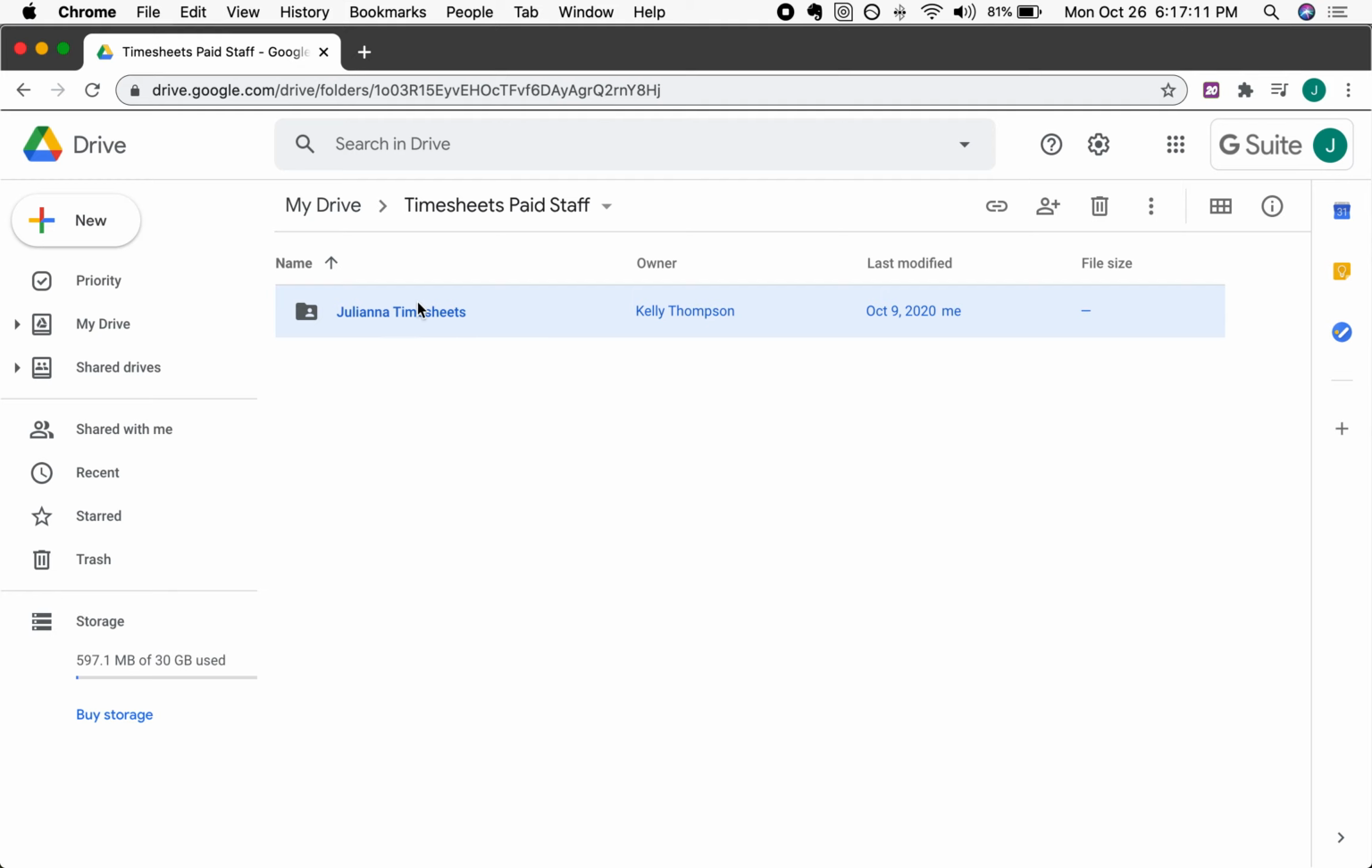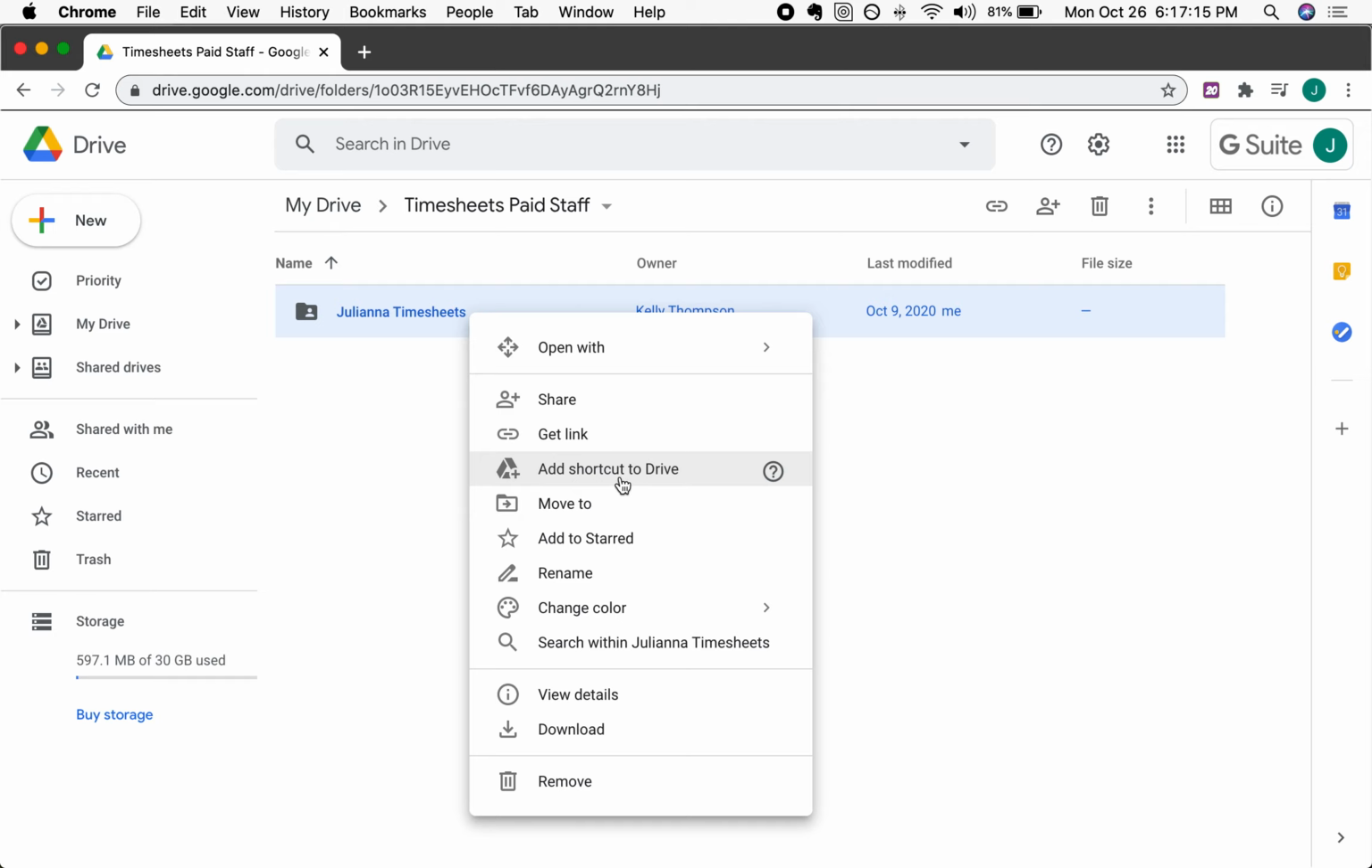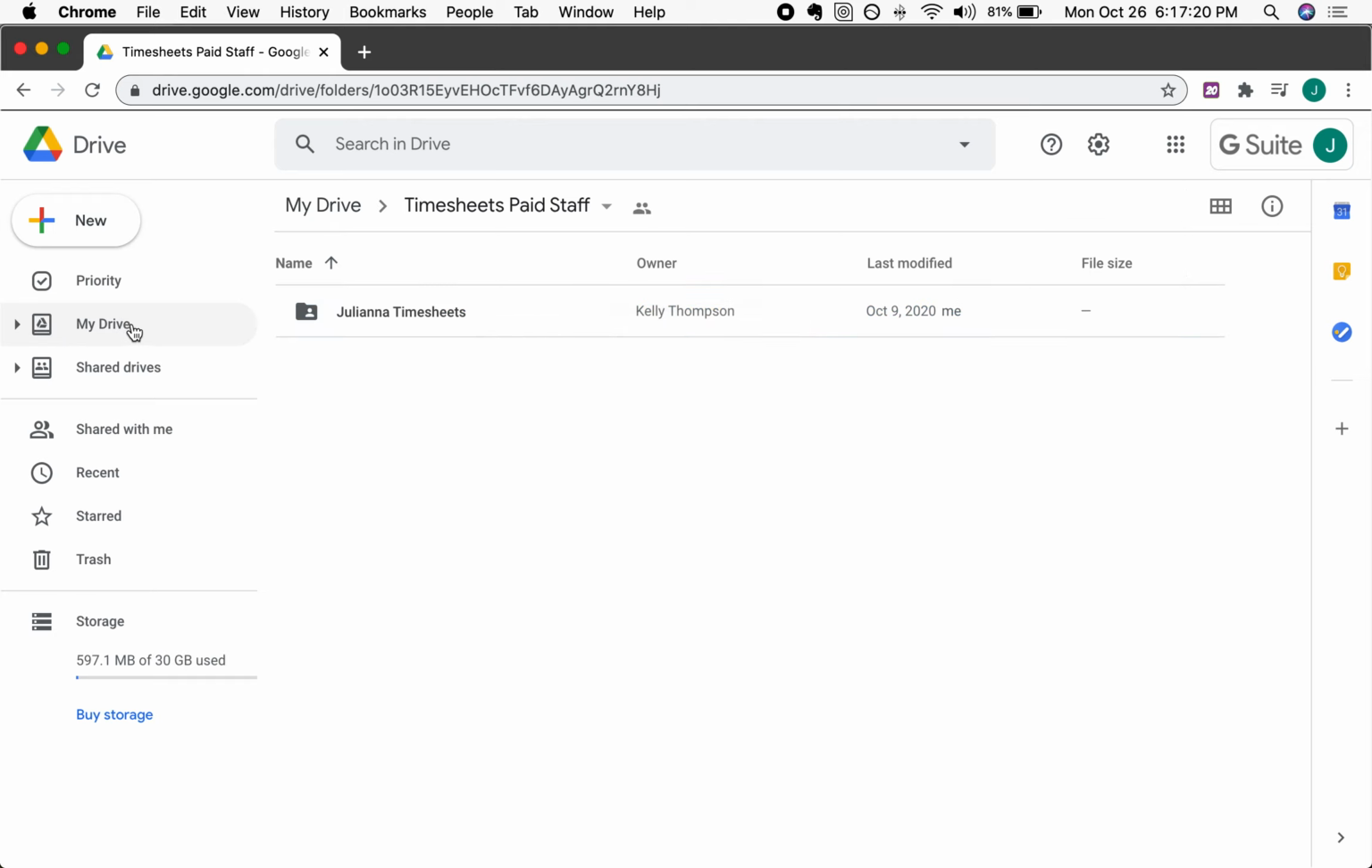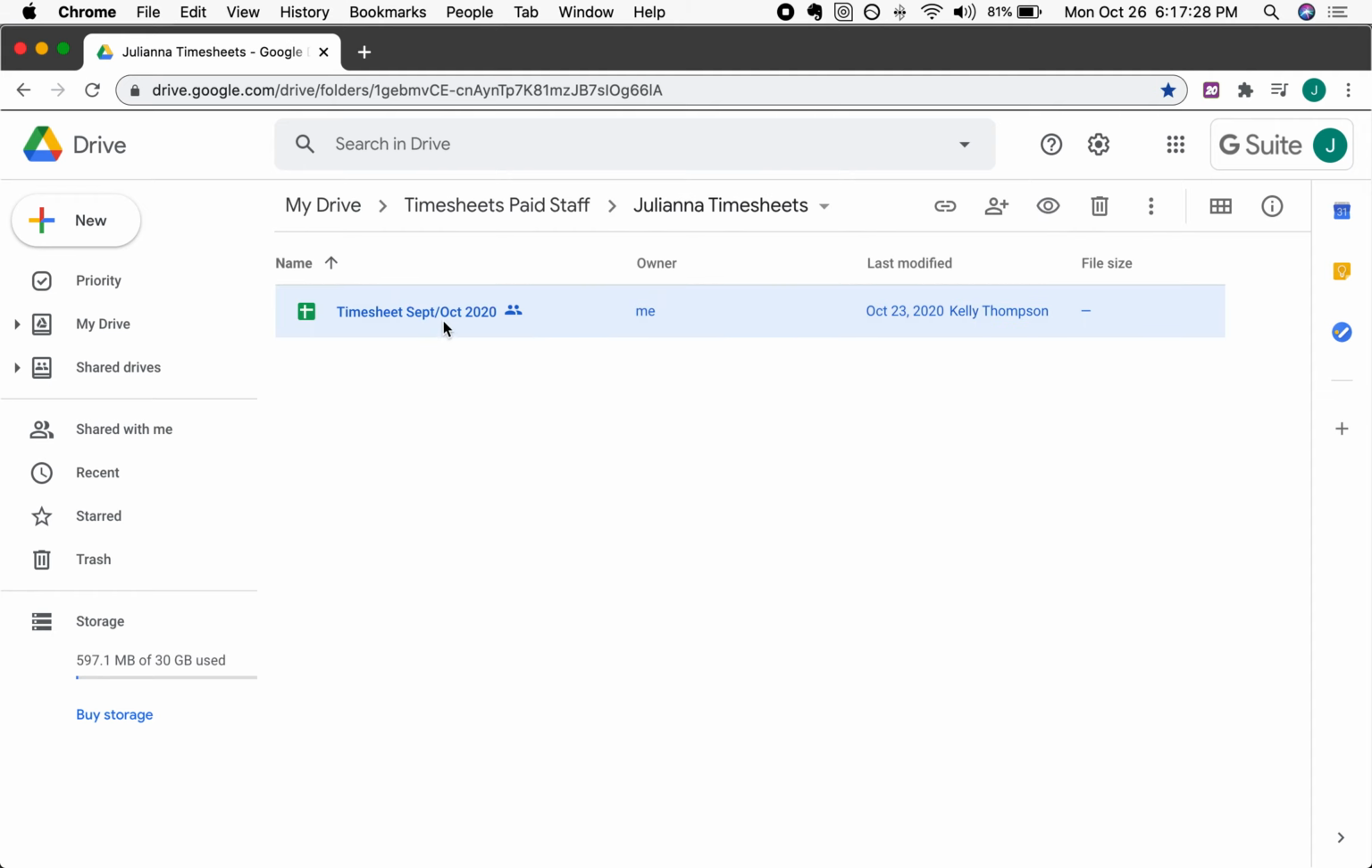And you also can make a shortcut of this folder onto your drive so that it's easier to find by add shortcut to drive. And then it'll pop up on your own drive instead of having to go through the shared drives. So here, if I want to, let's say that I'm now filling this out for my next pay